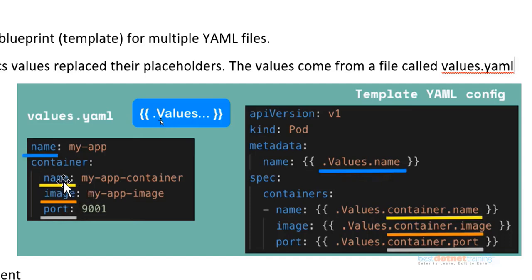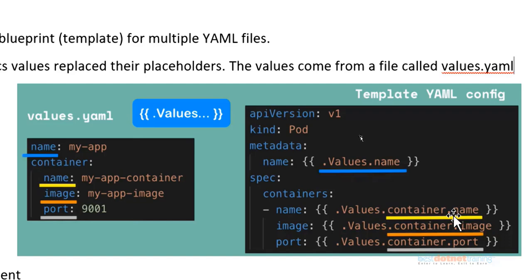Whereas other values which are not at the top level in the values file, we have to specify their nesting composition. So name, image, port are under container. That means they are nested, isn't it? And that nesting aspect is what we have to specify. So the value for this comes from here, right? So values, that's your values YAML file, dot container. So there should be a section called container. Under that there should be a property called name, and whatever is the value for name, that will be inserted in this placeholder.